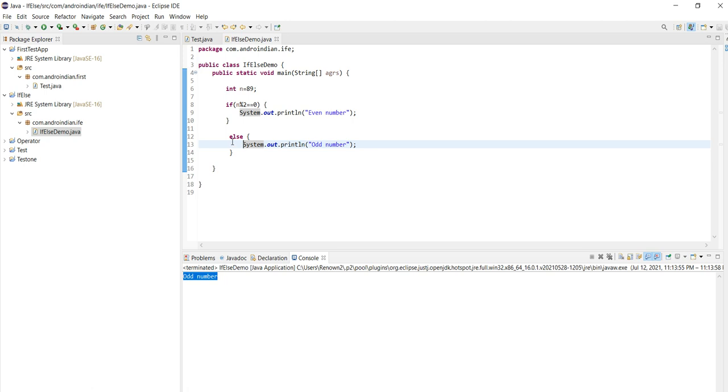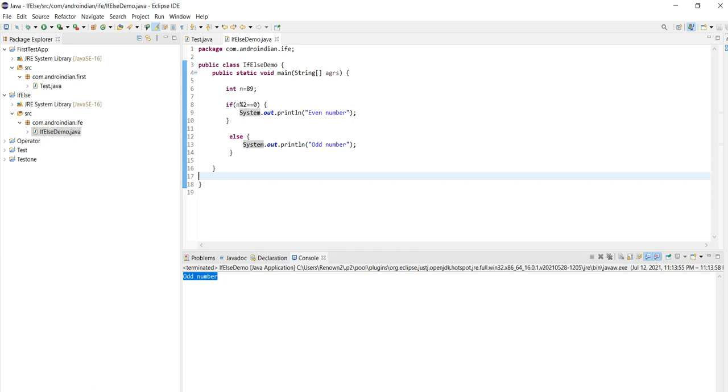So the else is not mandatory. Whenever you want to test only the if condition, you can go with the if condition. Whenever it's not this and you want to go to the next condition, you can go with else. This is about this if else.